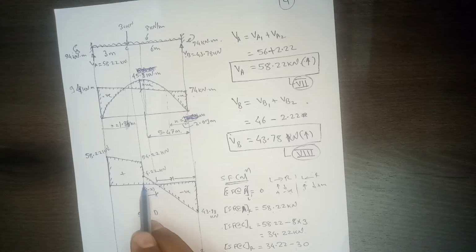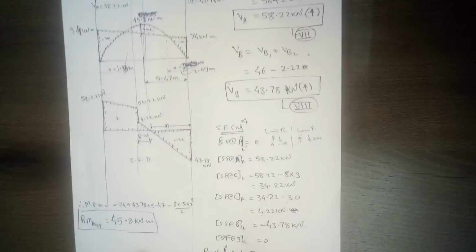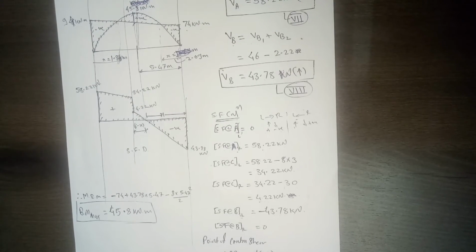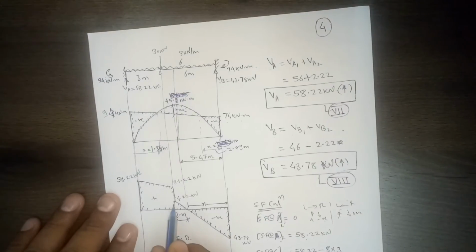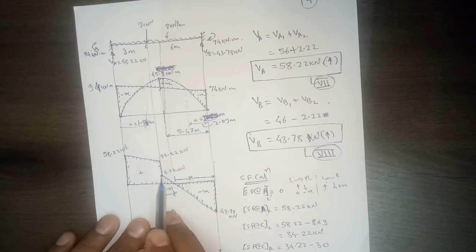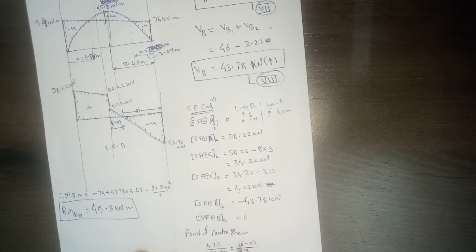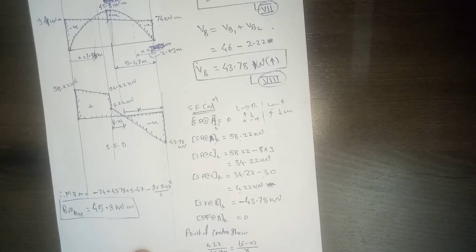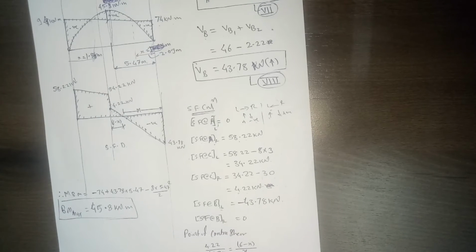So again use the similarity of triangles. We have to consider this one triangle and this other triangle. Since these angles are the same, these two triangles must be similar. So using the property of similar triangles, you can calculate the x distance. So the x distance is